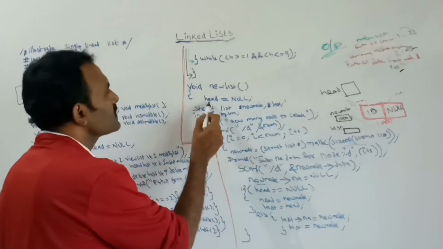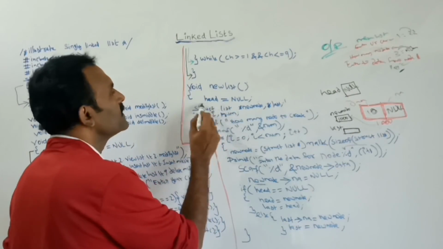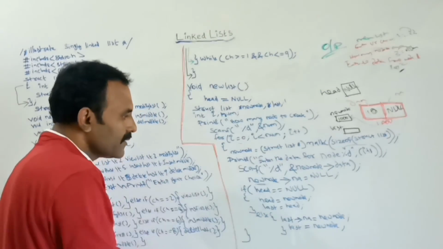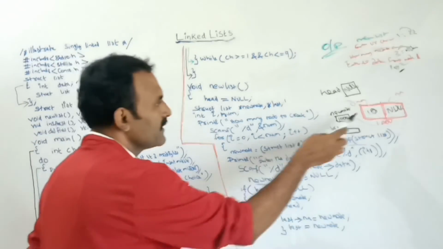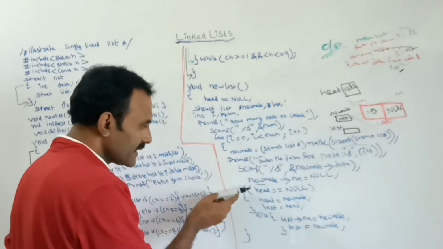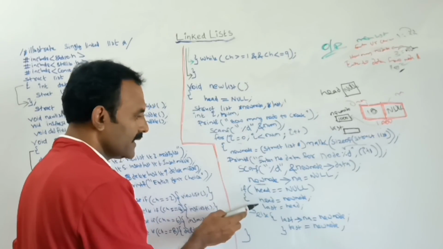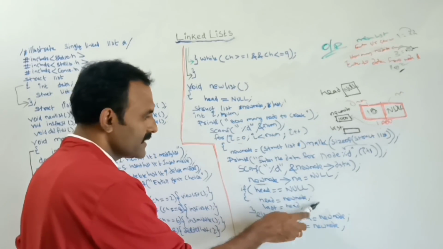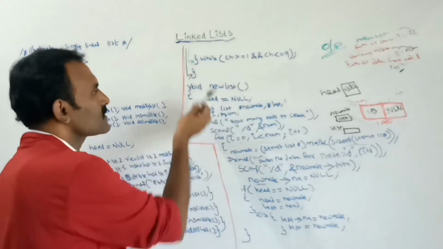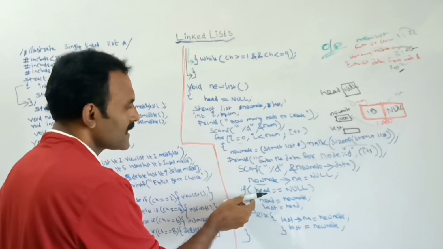So what is this head part? Initially, the head pointer variable will have the value null. Next, this is the link part. After giving the data 10 and null to this 1000th address, next in the if condition I am checking: if head is equal to null. What is the head now? At the very first it has the null value, so head is currently null.